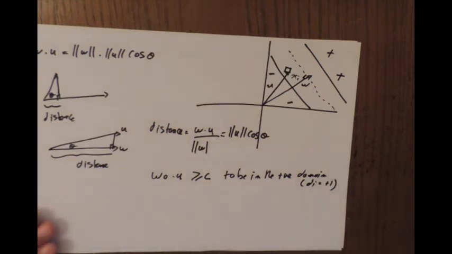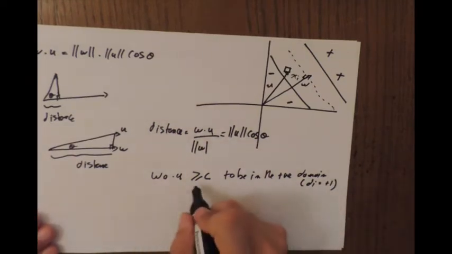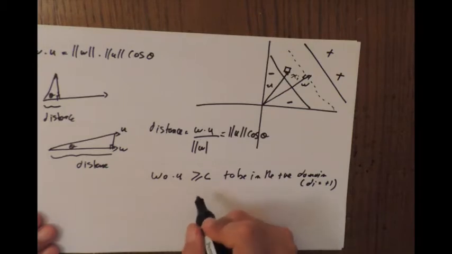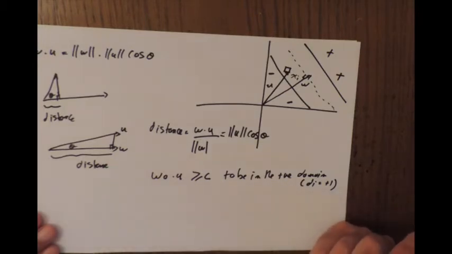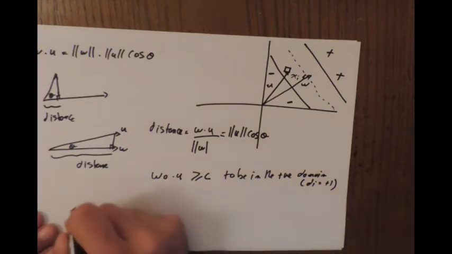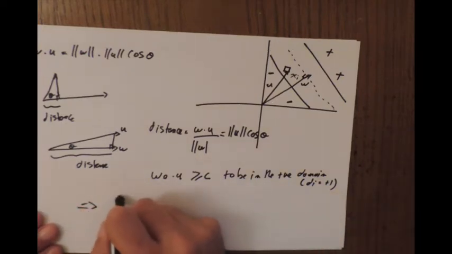What I'm saying here is, if the dot product between W and U is greater than a certain threshold C, this means it belongs to the positive samples, and similarly if it's less, then it belongs to the negative samples. So this implies I can write the decision rule,